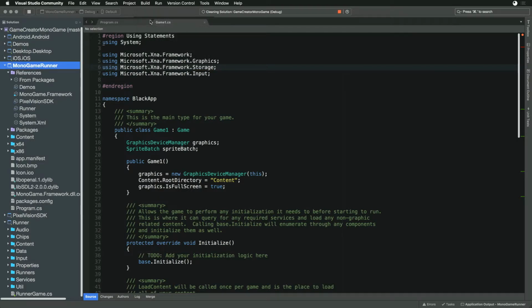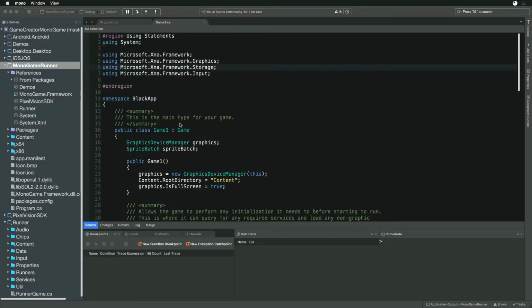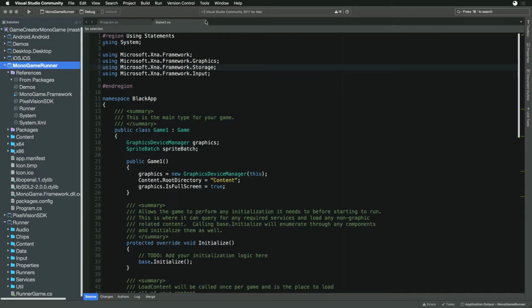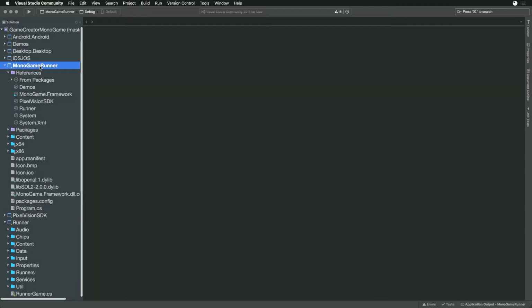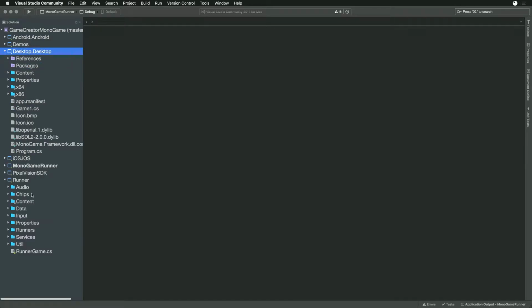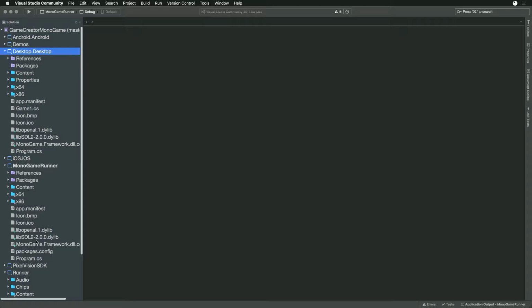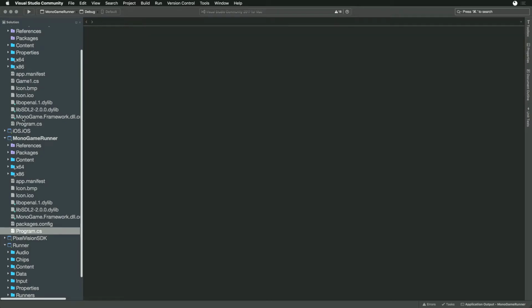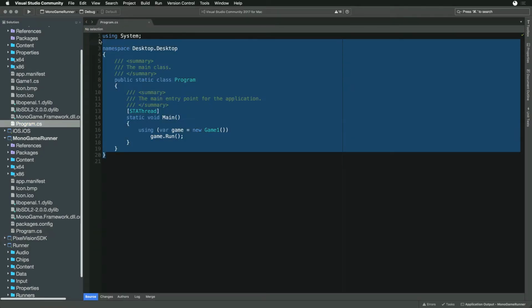All right, let me clean all and try to rerun it. My idea might not work. Oh, no, it works. Okay, cool. So now that MonoGame has none of the code in it, what we want to do is let's go to desktop and let's get desktop to build. So here's the program. Let's copy this, and then in this program we're going to paste this here,